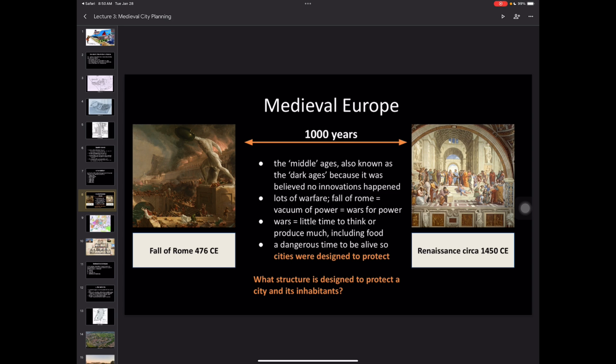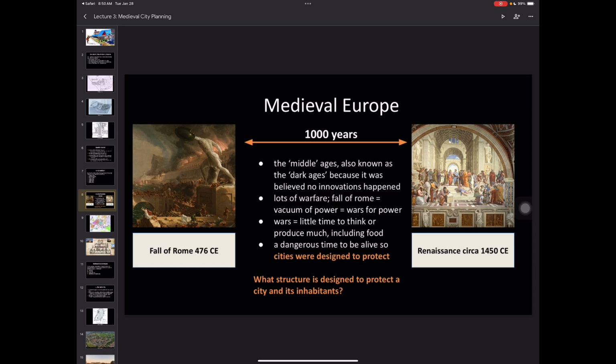So the Middle Ages, they're also known as the Medieval Ages, or inappropriately known as the Dark Ages. And it's called the Dark Age because there wasn't a lot of innovation going on, or at least that's what the Renaissance thinkers wanted us to believe, right? So in order to make yourself look more enlightened and smarter, you have to assume that there was nothing interesting going on in the middle, which we know is false because you saw all those amazing Gothic cathedrals and all the structural innovations that were in fact going on in that time period.